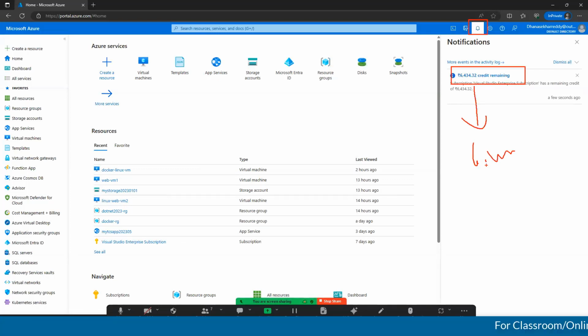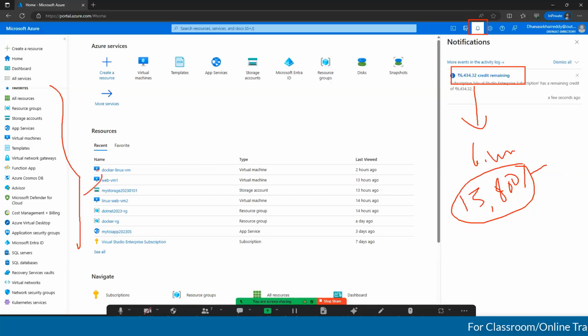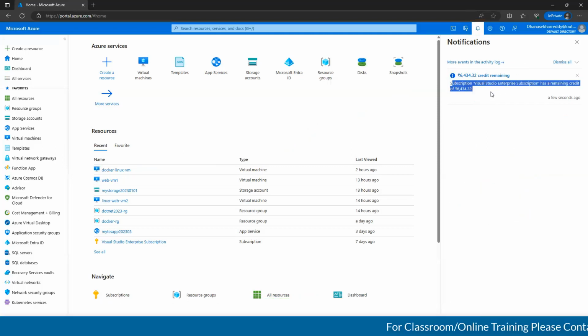As you said, when I click on notification, I am having 6,432 rupees. In total we have 15,800. Out of that, I have consumed around 8,000 to create different types of services in Azure. The remaining amount it is showing is 6,304 rupees, which you can consume for 30 days only, guys.